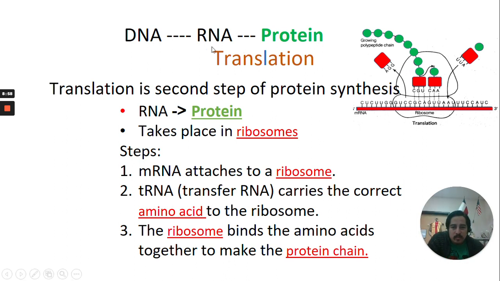So the second step is called translation, right? When you're going from RNA to protein. Translation is the second step in protein synthesis. When you're going from RNA to protein, it takes place in ribosomes. The mRNA attaches to a ribosome. Okay, so the mRNA is going to come, that's the single strand, the line is going to come into the